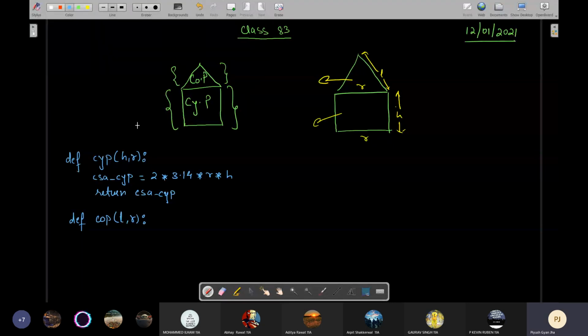Let's say I won't take R. And on the top we have taken L is equal to defined by user, H is equal to defined by user. You will take everything in float, and then R is equal to defined by user.